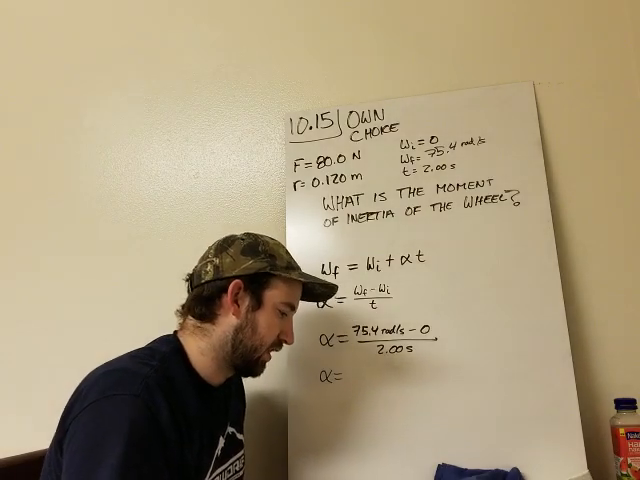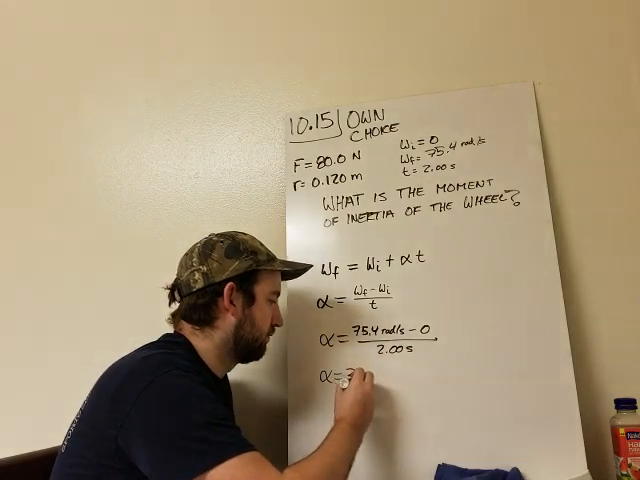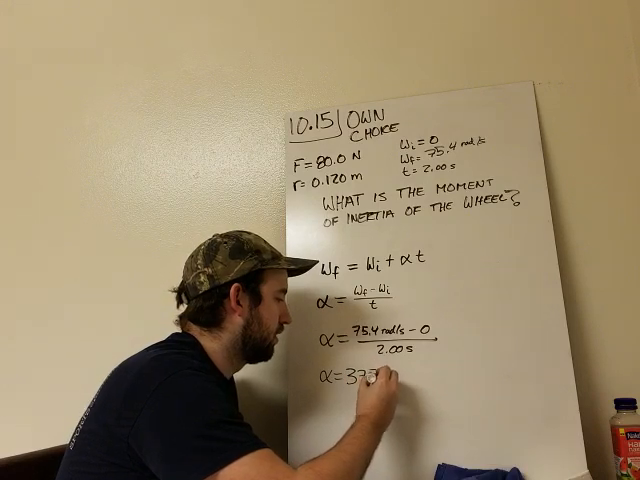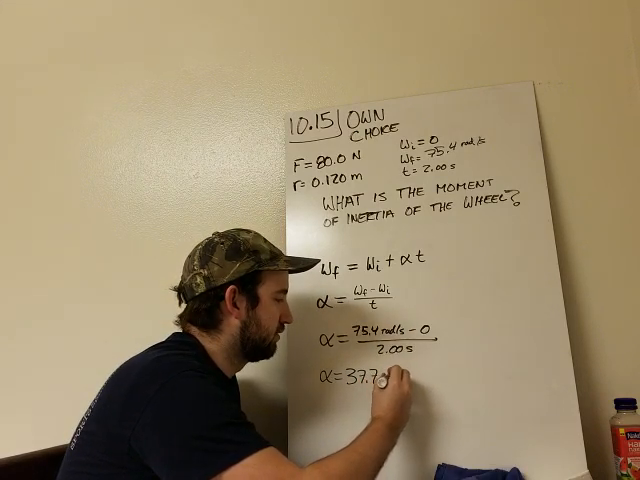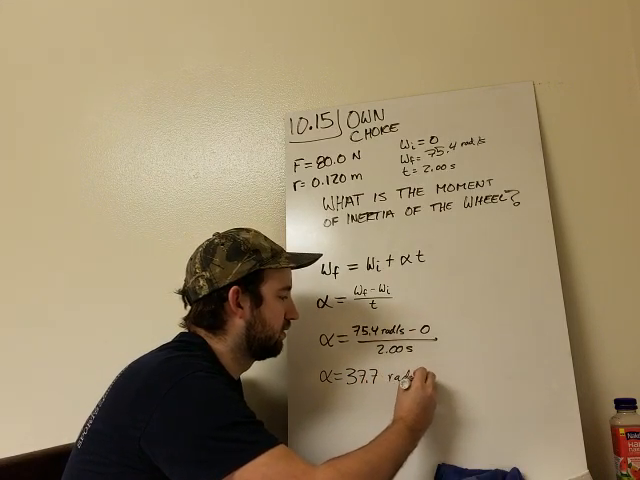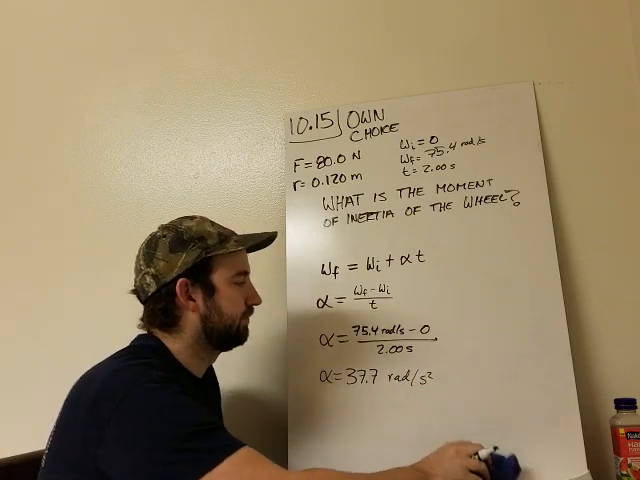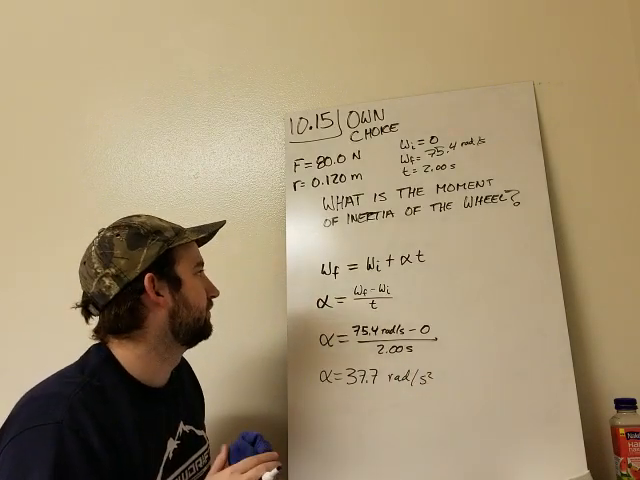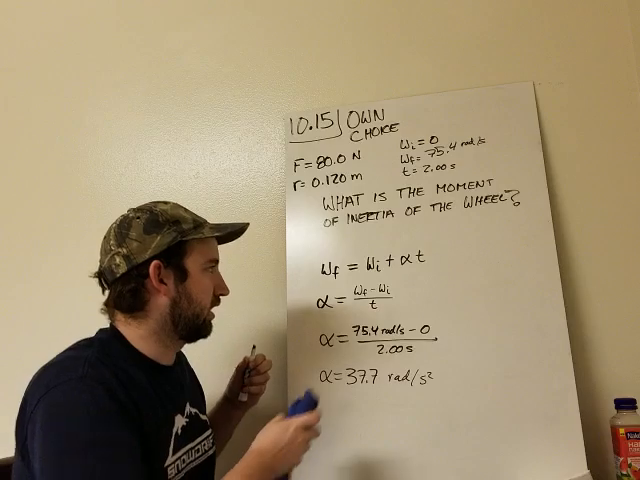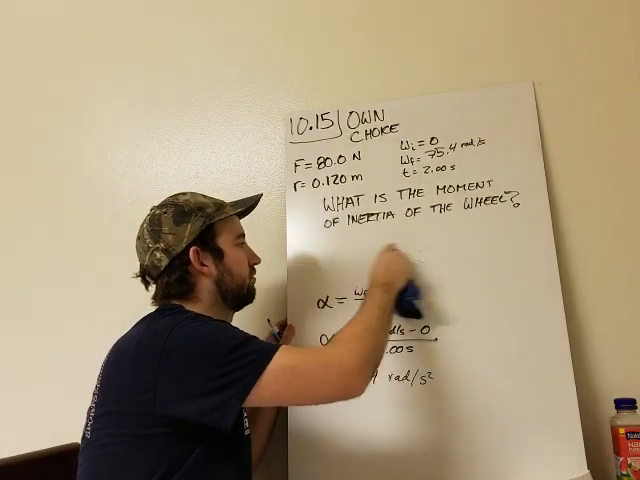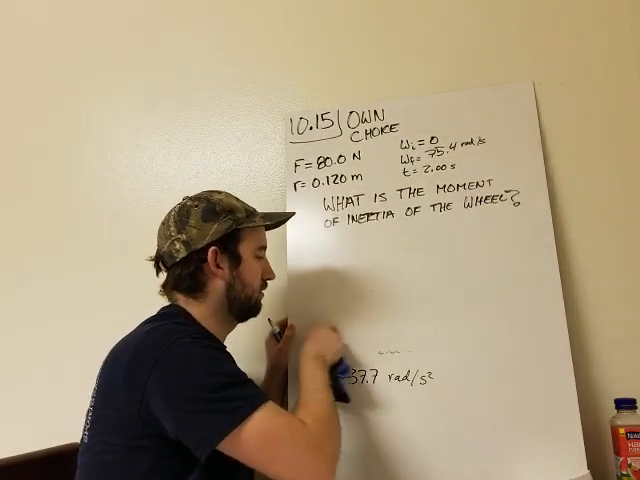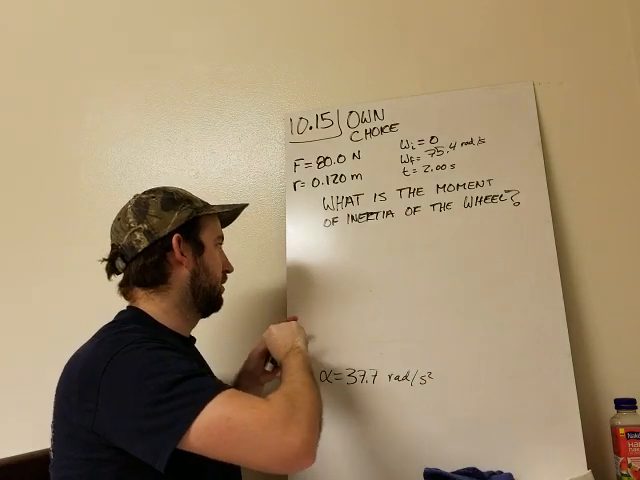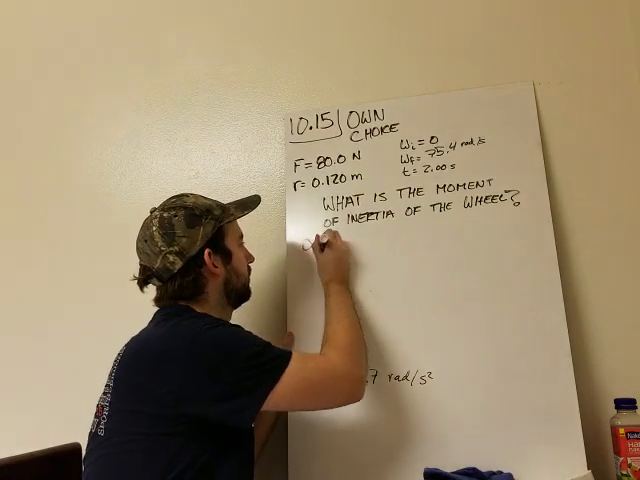And we'll end up getting that the angular acceleration is going to be 37.7, and this is going to be radians per second squared. So now we have the angular acceleration. So let's write that up here. So acceleration